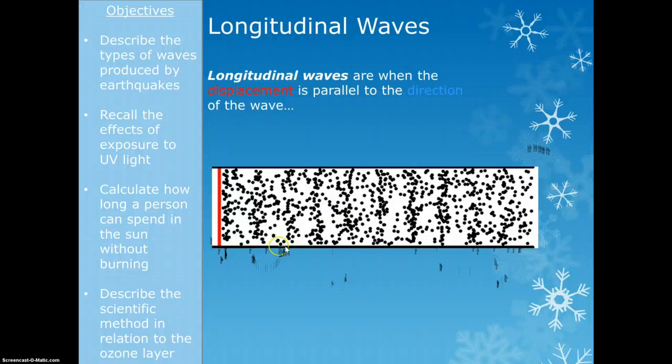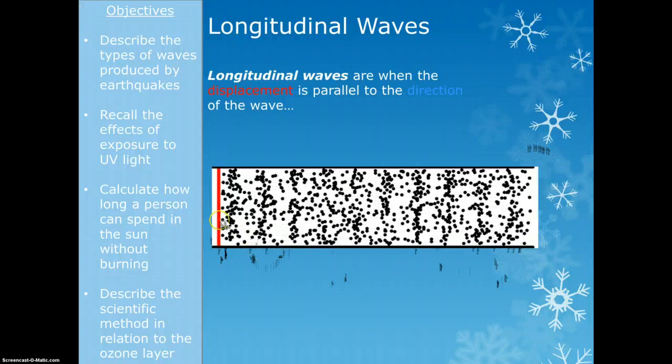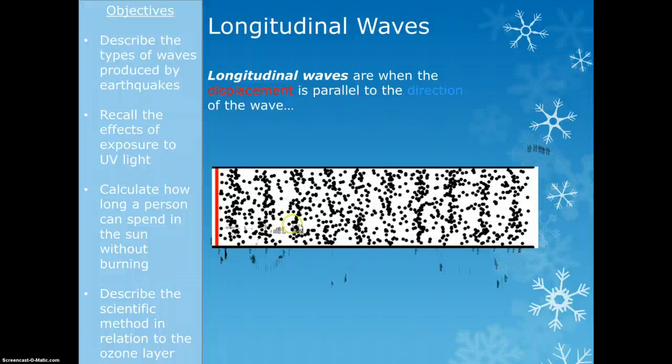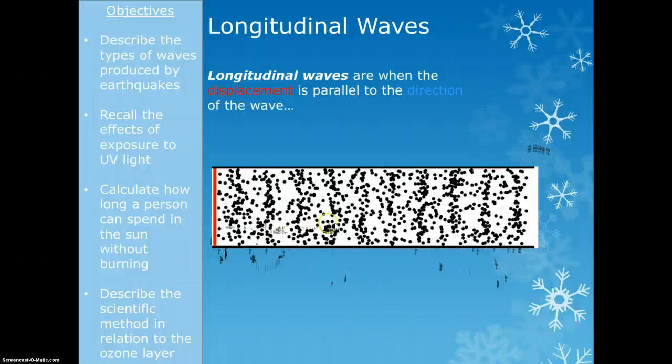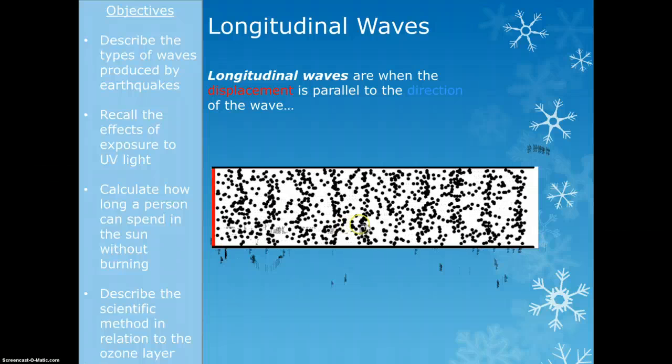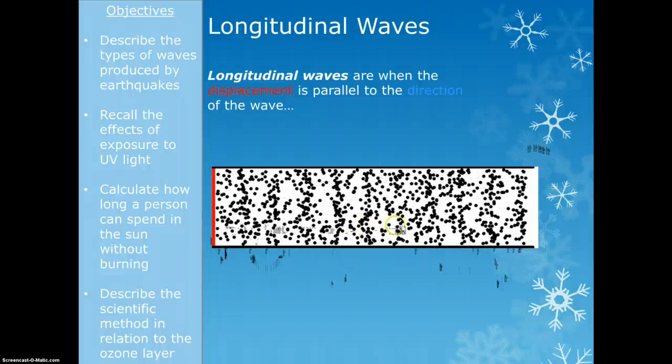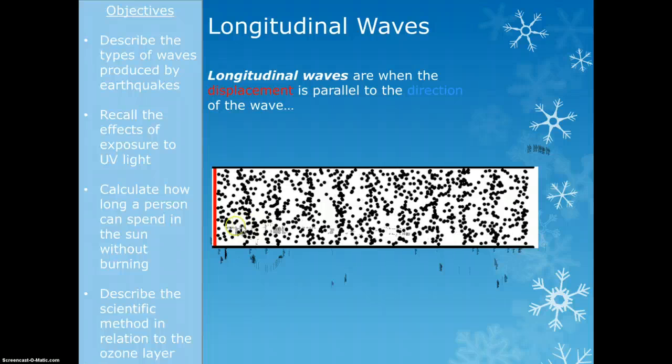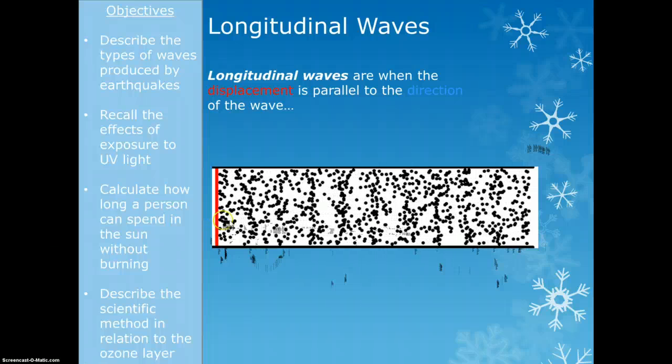So again, let's have a look at a picture. So with this one, we can see that the peaks of the wave are travelling to the right again. So if we just follow one along here, this is a peak and it's travelling along. So the flow of the wave is sort of going to the right. Now if we look at the displacement, if we just look at one individual particle, we can see, sorry,